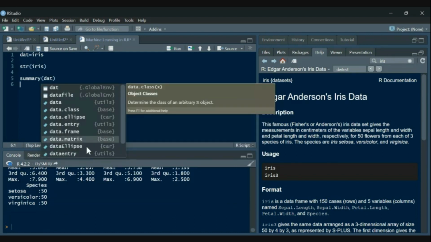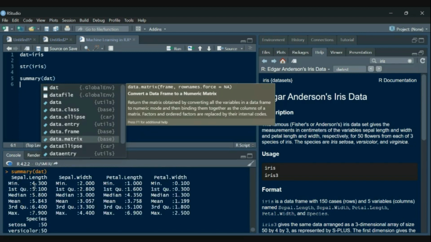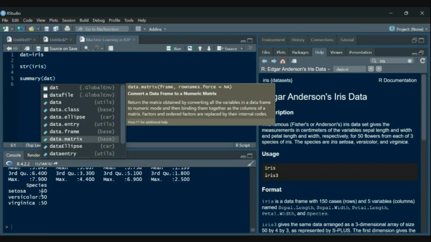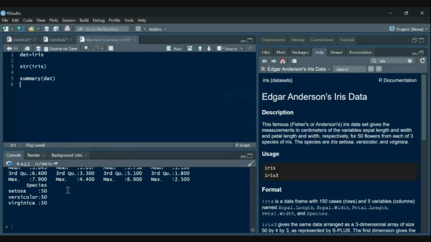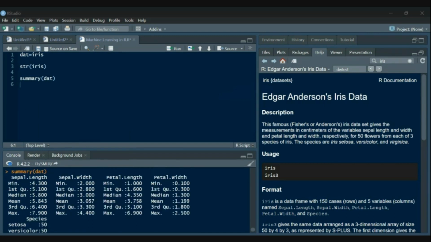The summary of our data shows sepal length with its minimum as 4.3, mean as 5.8, maximum as 7.9, and so on. Same for petal length, petal width and sepal width. In species, we have Setosa, which is 50 in number, versicolor, which is again 50, and similarly Virginica. So this is the brief summary of our data set. This is how our data looks.